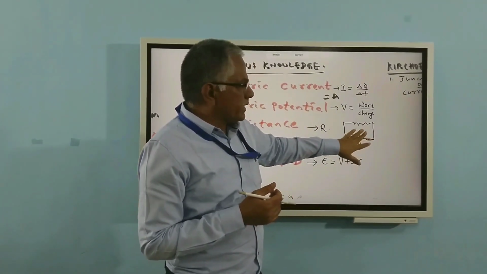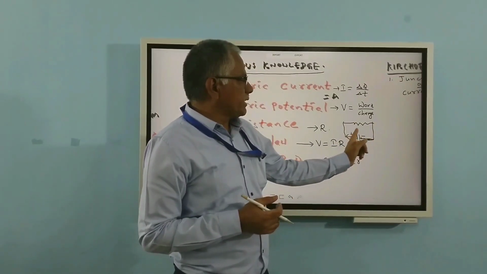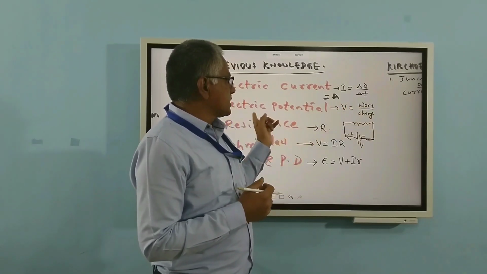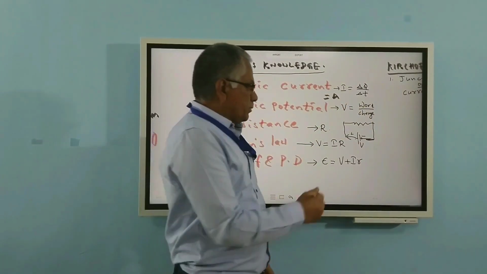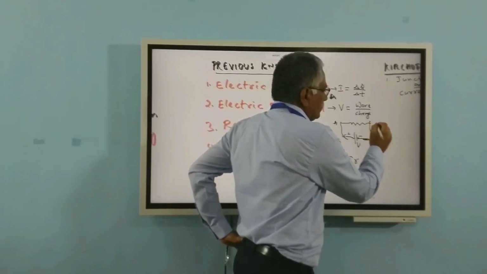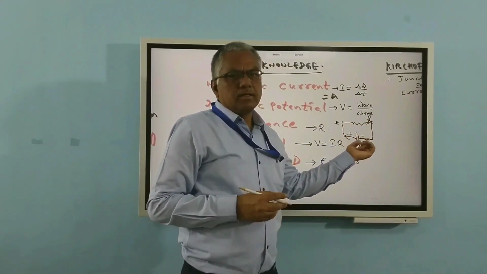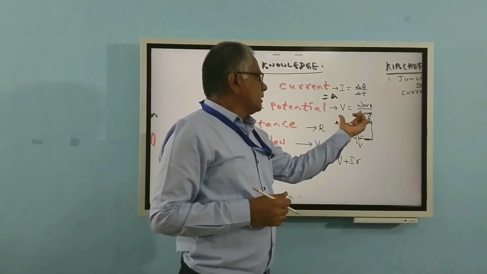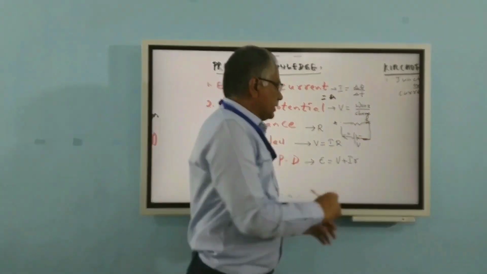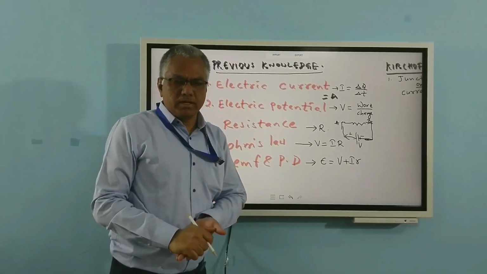Now, this cell will provide the required energy for these electrons or charges to move from one point to another point in the circuit. The work done per unit charge is known as the electric potential. Suppose charges move from point A to point B. The work will be done by this cell. That work done per charge Q will be equivalent to the potential difference between the two ends of the conductor. This is regarding the electrostatic potential or electric potential, also known as the potential difference.